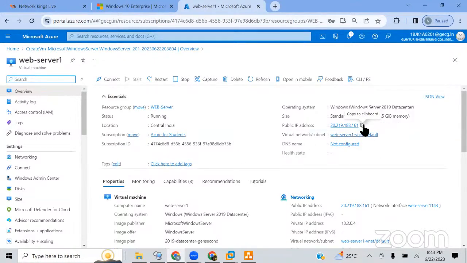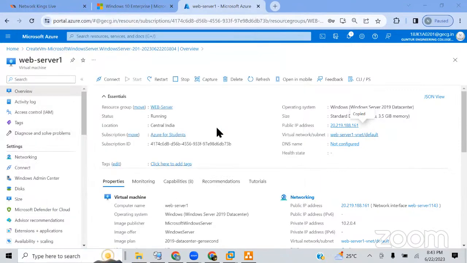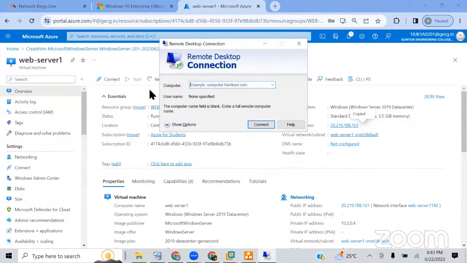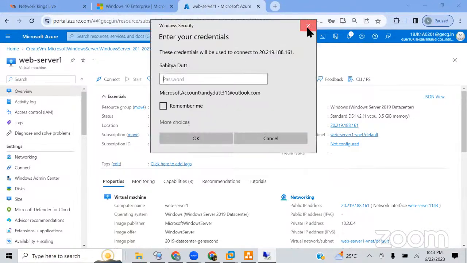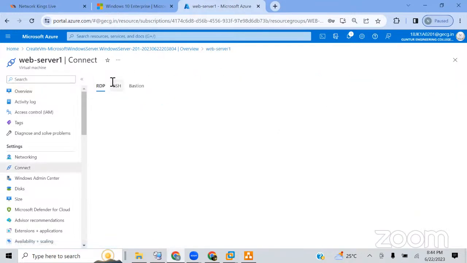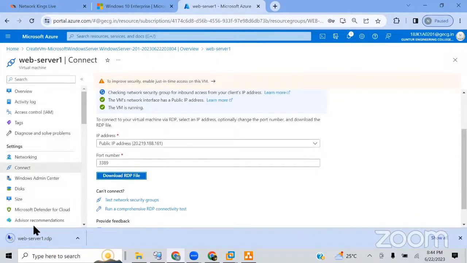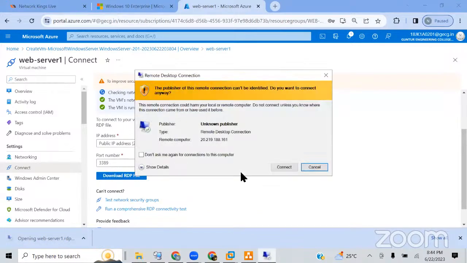What I need to do is, I can go to this public IP and directly RDP to it, MSTSC, right? And you can give this public IP and then connect directly. Or you can also download the RDP file. See, connect, and you can download the RDP file. So this is the RDP file, right? And you can run it directly and connect,